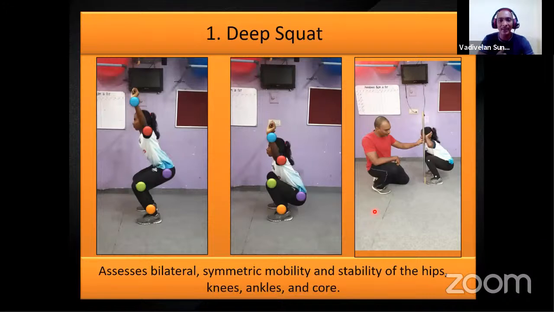Okay, coming to the topic. So what's the deep squat assessment? I have given some points here. The points here are the hand, the knee and hip, the shoulder, and over the hand. So what is the perfect squat?